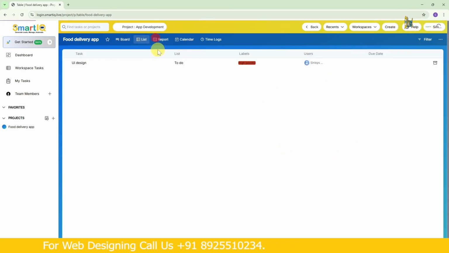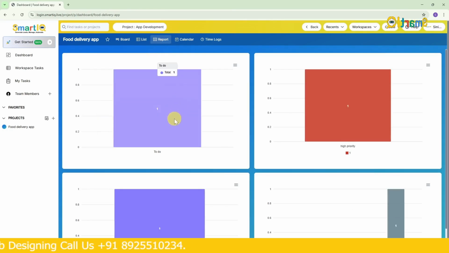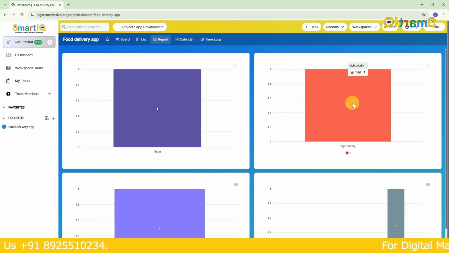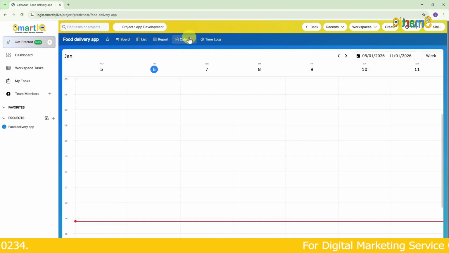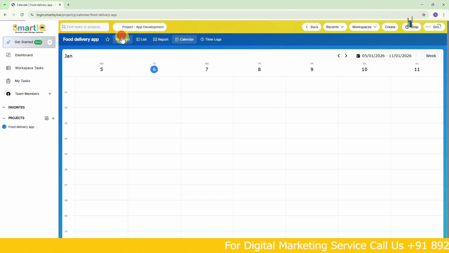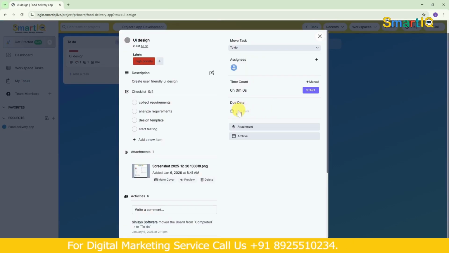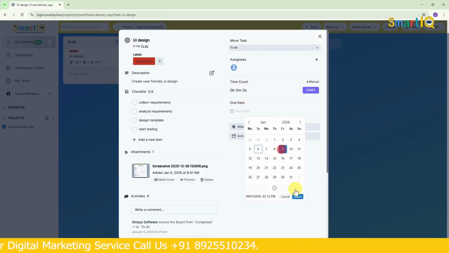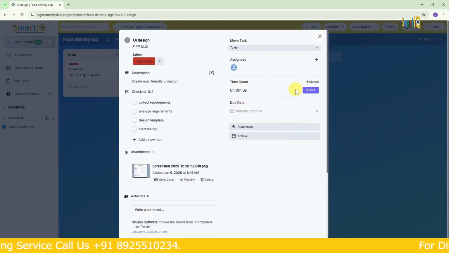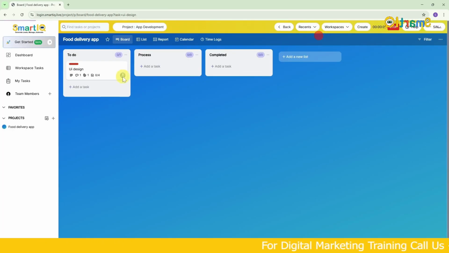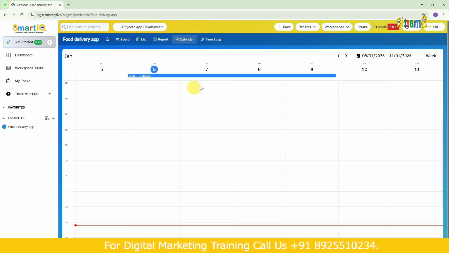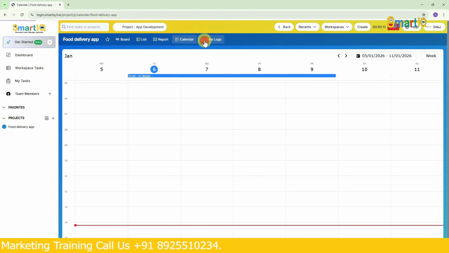Okay, now the report. In the report, it will be in this format. There's a to-do item and it's marked as high priority, like that. If you select calendar, say you add some data. Now I go to the board and click this. After clicking, I enter the due date. Just watch. The due date comes up. I type 9 and select it. Then the time appears here and I set the start time. I set the start and then close it. Now if I go to the calendar, what happens is the due date appears here for us. Okay, the due date is shown and it says we have to finish it by 6:29.